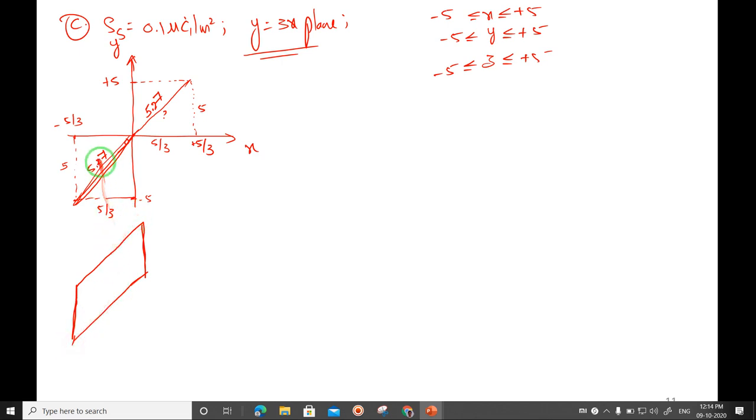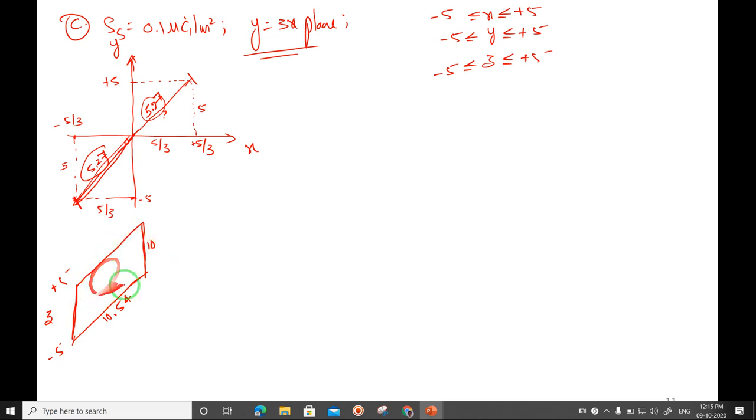Okay, only thus 5.27. Add this 5.27 plus 5.27 so that from here to here I will get total length. Means this side 5.27 into 2, so I am getting it as 10.54. But it is y equal to 3x plane. So just extend it. It is along z axis. Z is varying from minus 5 to plus 5, right? So minus 5 to 0, 5 units, 0 to 5, totally 10 units,